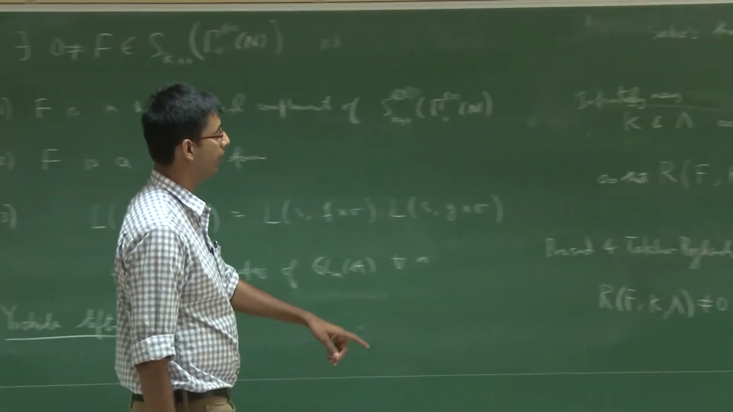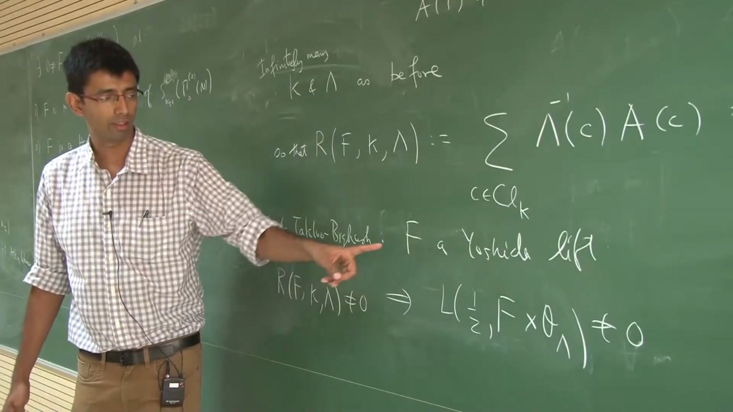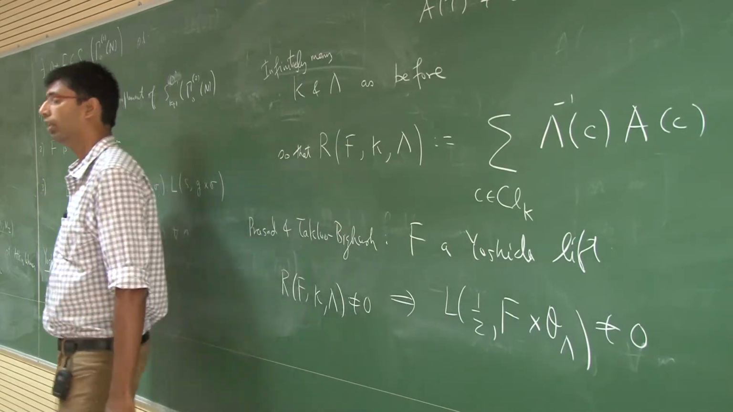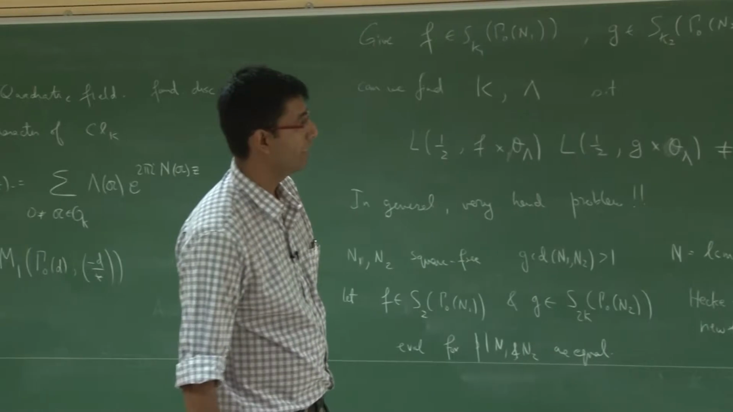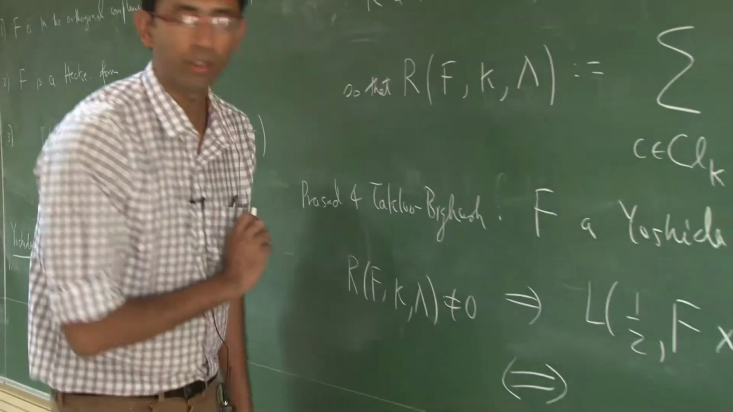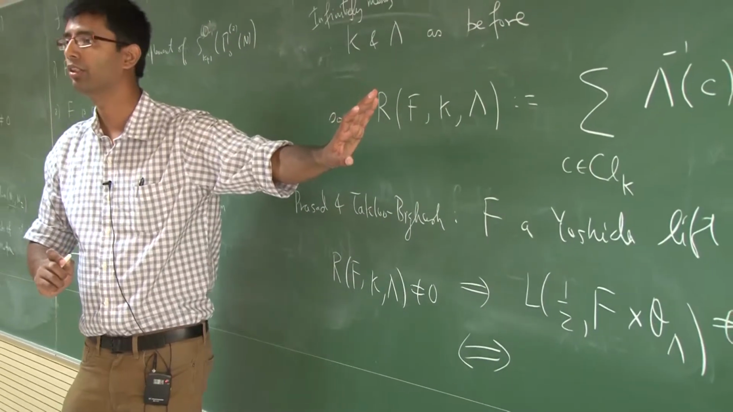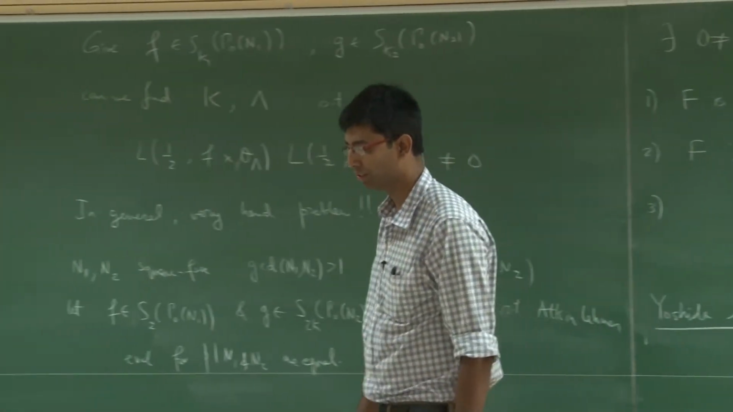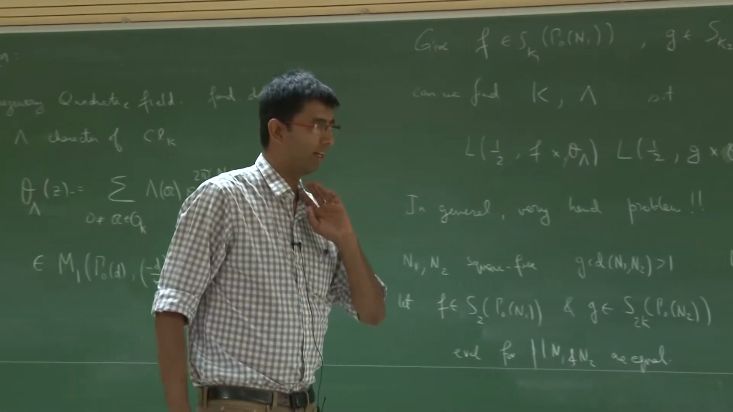I want to mention just one last thing. Prasad and Takloo-Bighash proved this in this case. A result of this kind for all cuspidal Siegel modular forms is an open problem. In fact, what is an open problem is, it is not just one way, it is if and only if. The Fourier coefficients' non-vanishing completely determines the non-vanishing of the central L value,